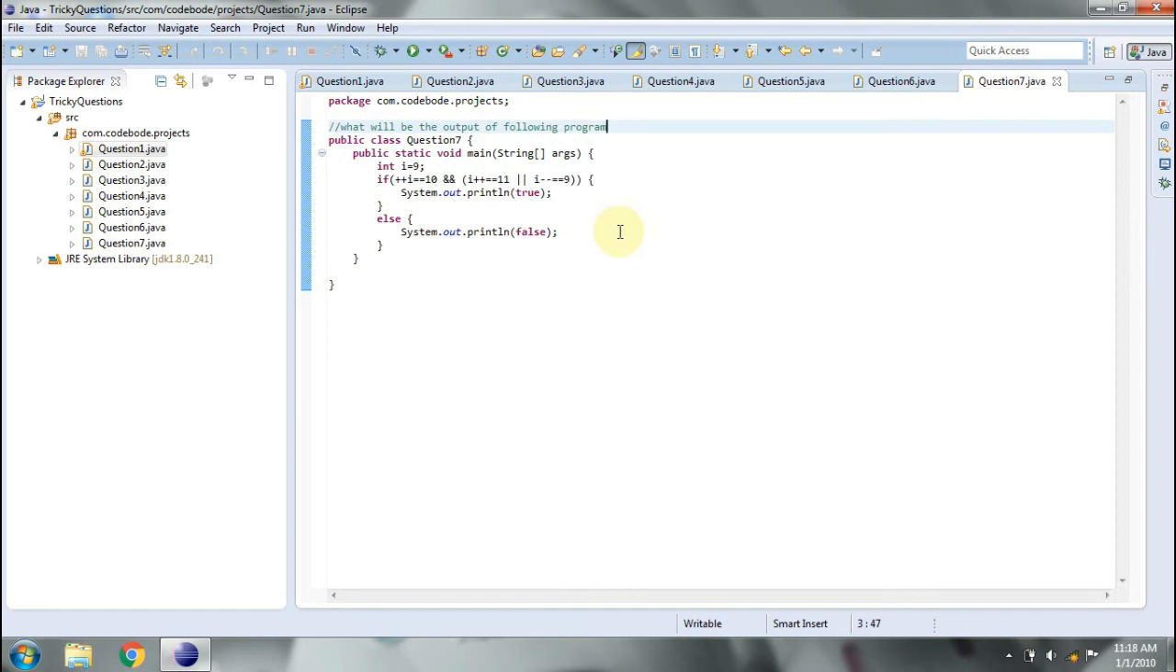Now this question is based on if else. Usually if you have questions on if else, you are going to be asked more on operators, how operators work and how the conditions combinedly operate. So here we have int I equal to 9, and we have to check if ++I equal to 10 and I++ equal to 11, or I-- equal to 9. So a long condition, right? Let's see one by one